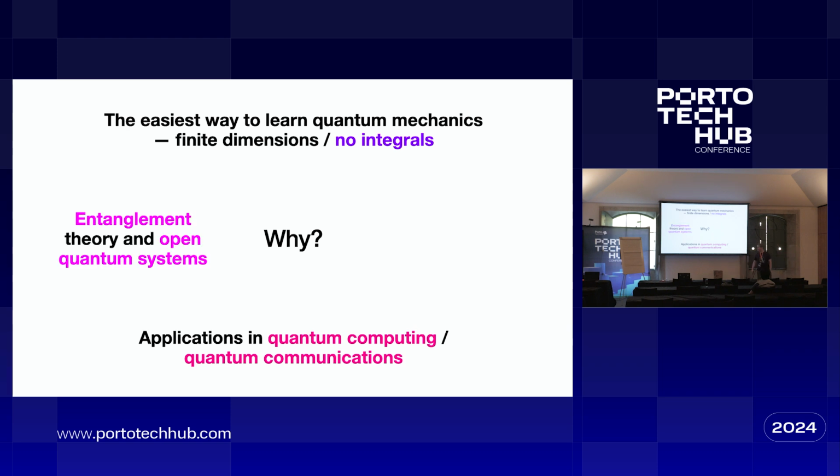It is essential for understanding entanglement and the theory of open quantum systems. Open quantum systems again has applications in quantum computing. It's essential for that. And it also is essential for understanding quantum foundations. Foundations are questions like the measurement problem. What's going on with cats murdered by decaying radioactive elements?